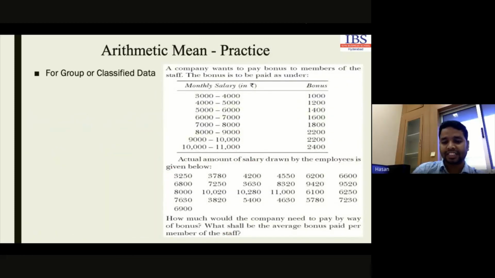Based on this, we have another example. I'm just giving you a few insights regarding it. In this example, we have an income category, and based on this income category, the company is planning to give a bonus. If an employee is in this category, they get a bonus of 1,000, like this. The gross income of the employees is given here. From this, we'll first have to calculate the frequency table, and based on this, calculate the average bonus. What will be the average bonus? You have to solve this one also. There will be a total of 4 examples, 4 practices you have to solve.